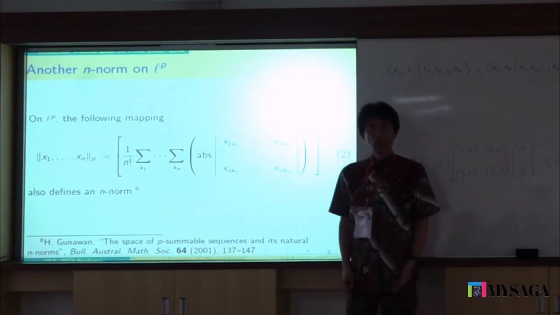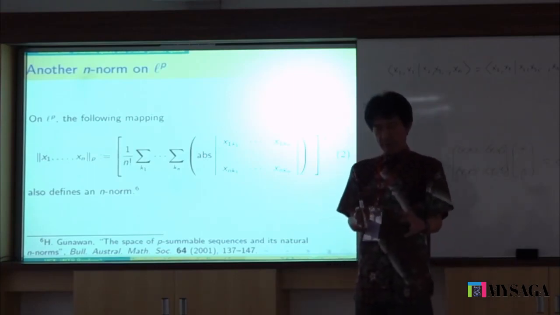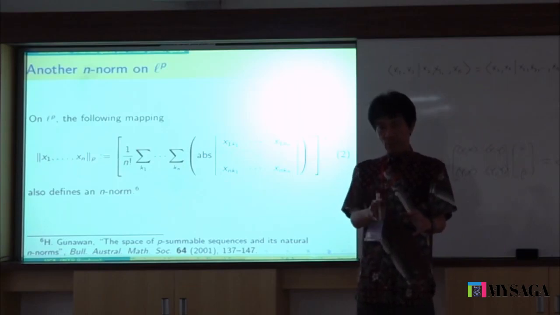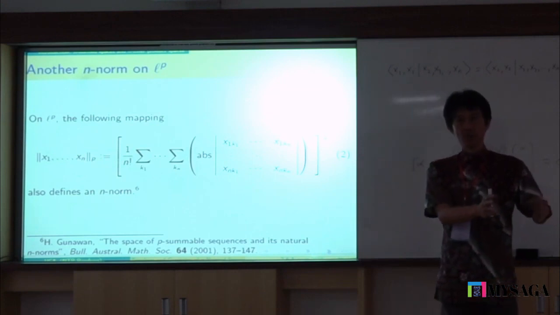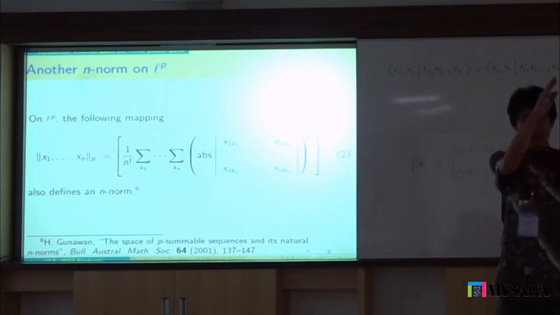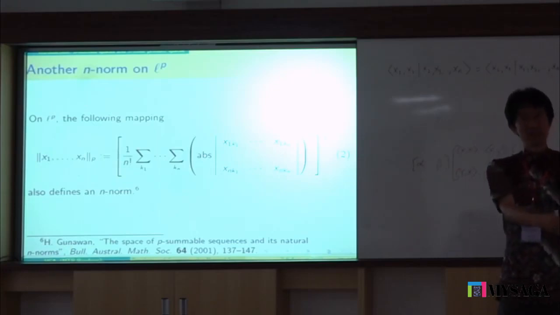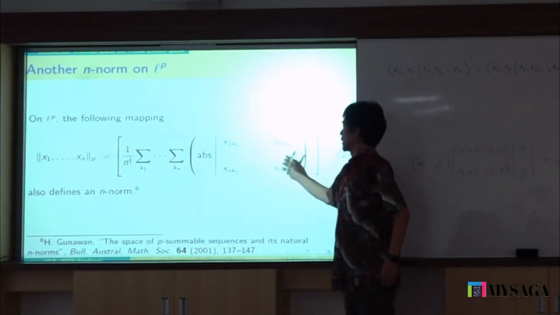But of course, we know on L2 we have the norm, sum of everything squared, and on L^p we have the norm, sum of everything to the power of p, and then the sum is raised to the power of 1 over p. Now we can do the same for